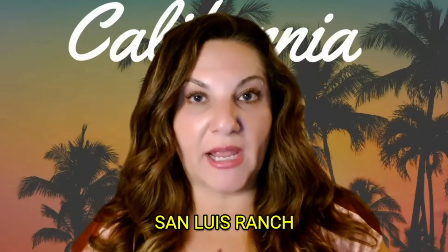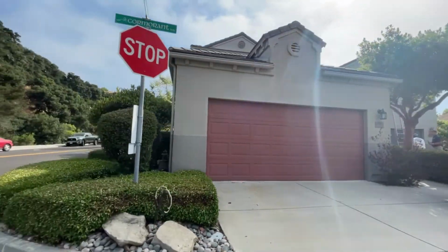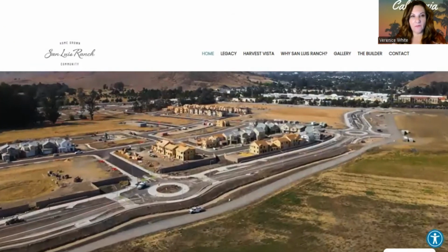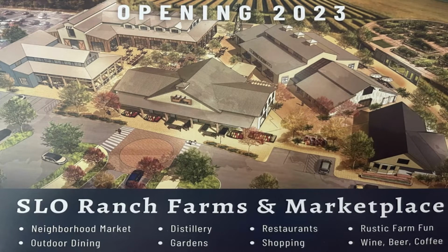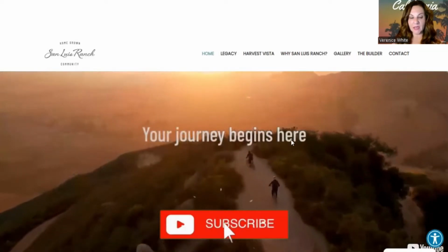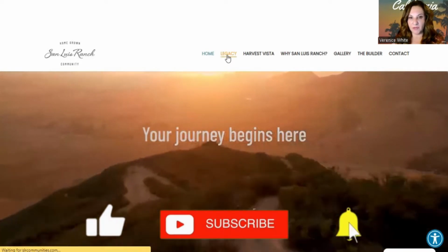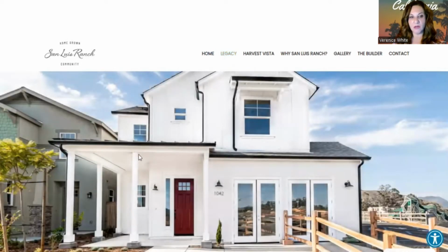So the first one is San Luis Ranch. All right, so here is San Luis Ranch, and this is a new development. They are in their 4th phase in the development, and it is going really, really nicely. They have a really great website. So I'm going to just show you what I was able to view and the type of properties that I saw. So these are